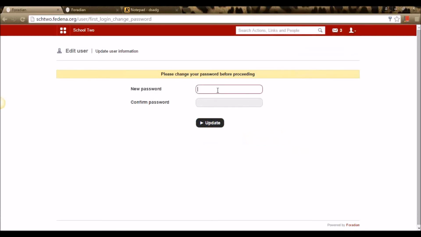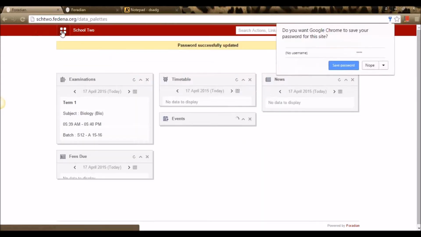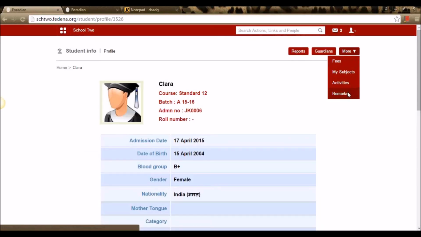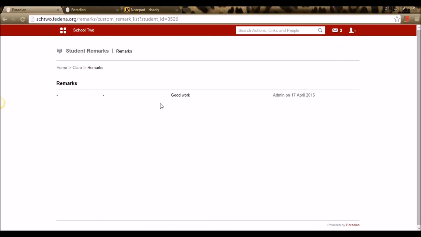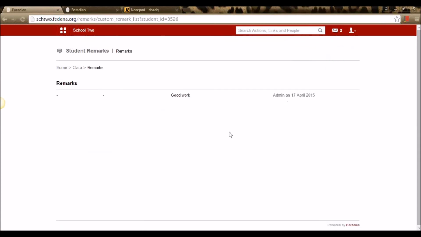It's asking for the first time login password. Here in the student profile, we have the option of seeing the remarks that this teacher has given for this particular student. So in Clara's profile, she can view the remark that a teacher has given. Say the good work that I typed there has been reflected here.